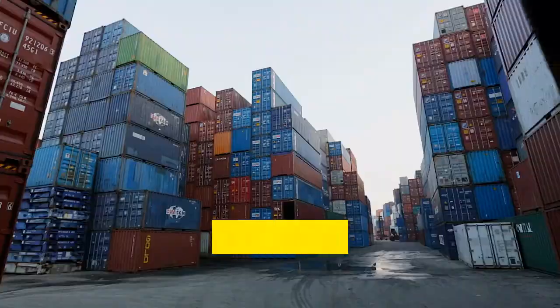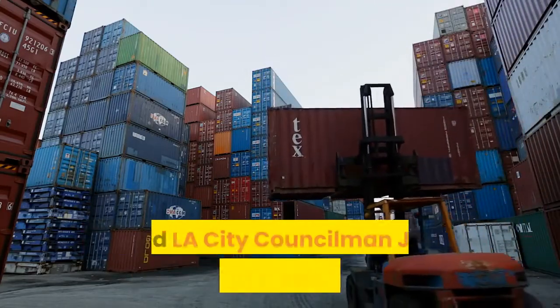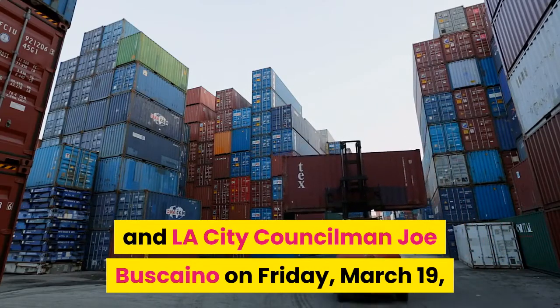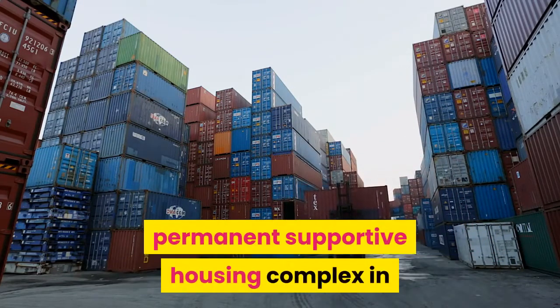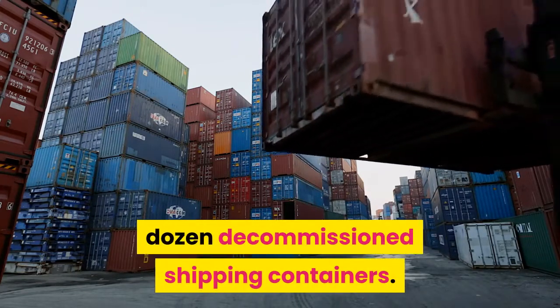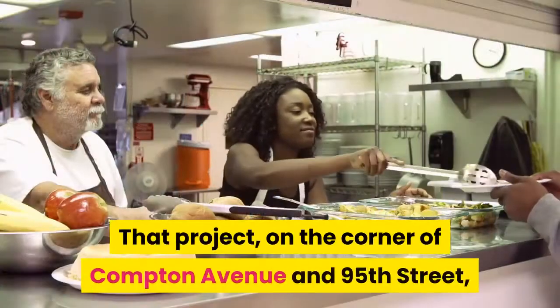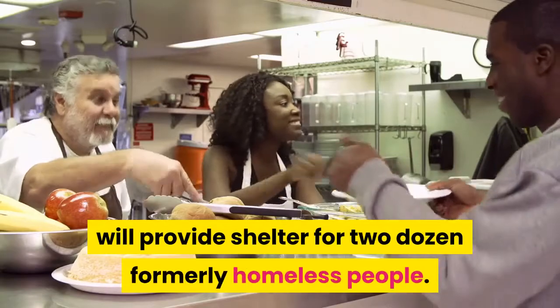cost. On that front, Los Angeles County Supervisor Holly Mitchell and LA City Councilman Joe Buscaino on Friday, March 19, held a virtual groundbreaking for a permanent supportive housing complex in Watts to be constructed with about 5 dozen decommissioned shipping containers. That project, on the corner of Compton Avenue and 95th Street, will provide shelter for 2 dozen formerly